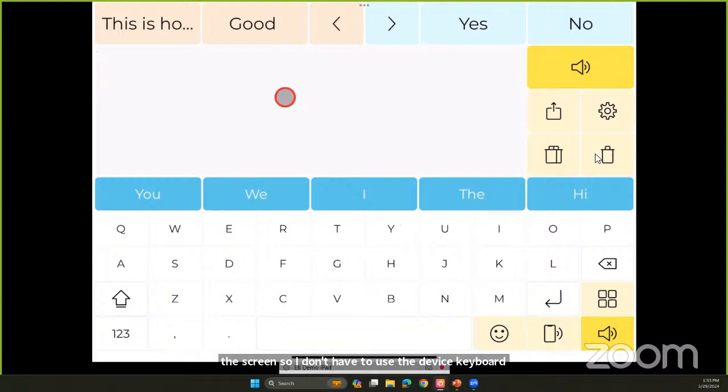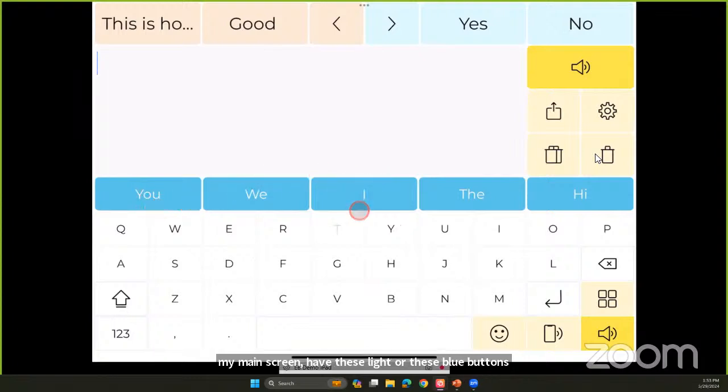I'll show you how it works here. This one is one that's a little bit more expensive. If you're getting it on an Apple device, it's $159.99. And on Android, it's $174.99. So here on my main screen, these blue buttons here are my word prediction.